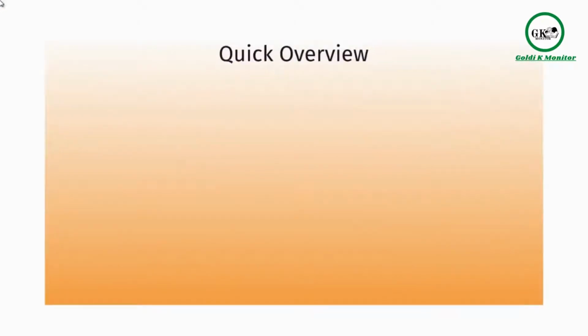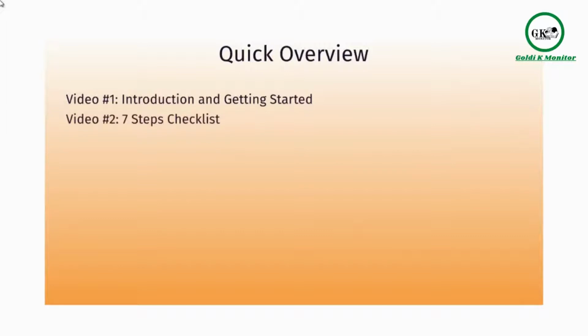Now I want to talk about the video course itself and give you a quick overview. This is video number 1. Video number 2 is the 7 steps checklist. In videos 3, 4, 5, 6, 7, and 8, we're going to dive deeper into those 7 steps. These are 7 different variables that are very crucial and important in trying to get your images ranked on Google image search. Now, this is not an exact 100% guarantee system,